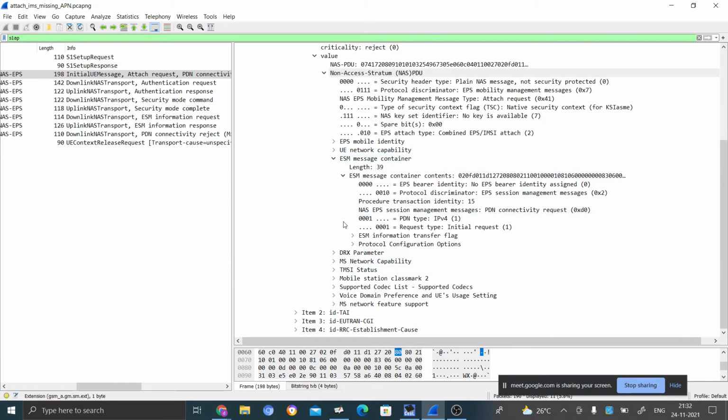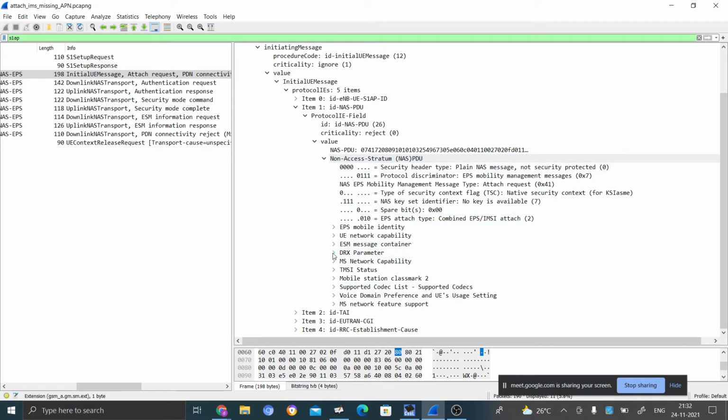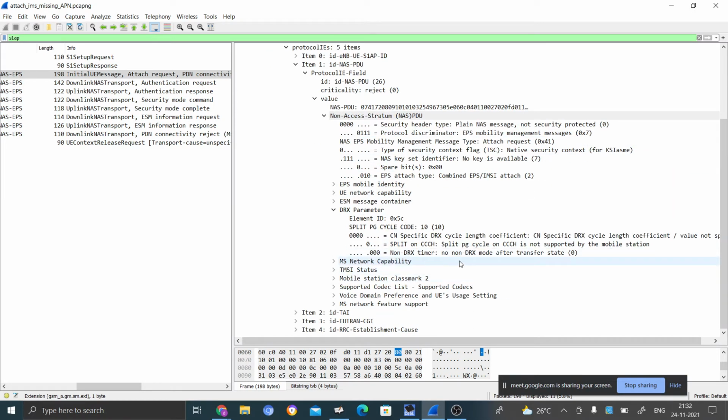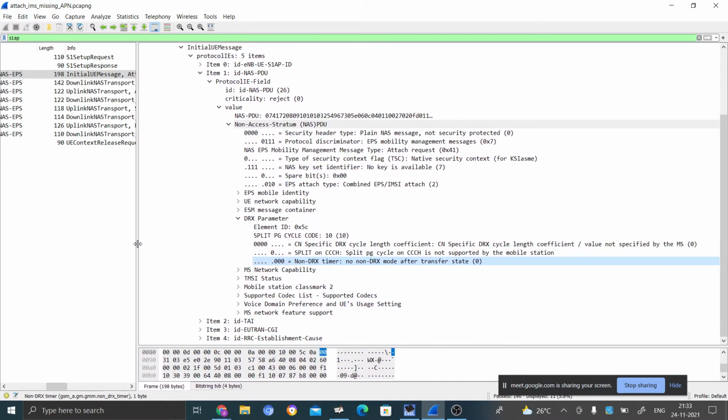Then there are DRX parameters. DRX is a kind of feature where the UE can sleep for some amount of time to save the battery. It's a MAC feature. Whether the UE supports this DRX feature or not, it is telling.